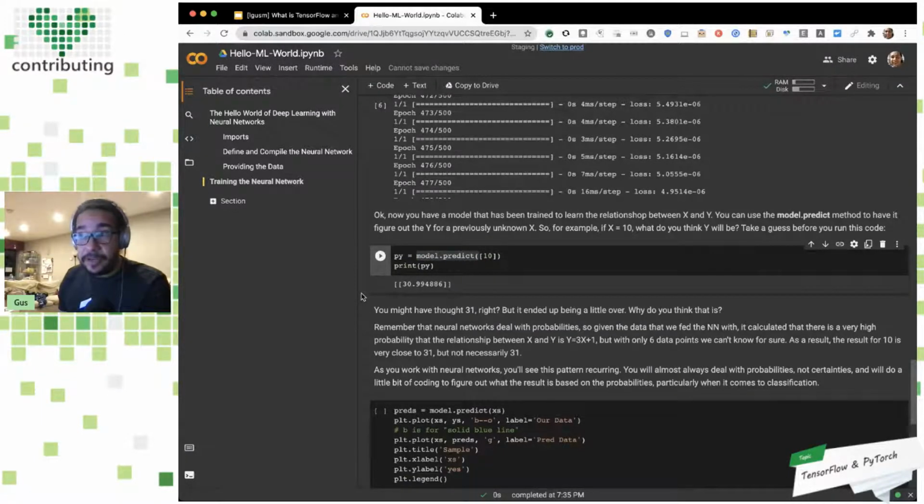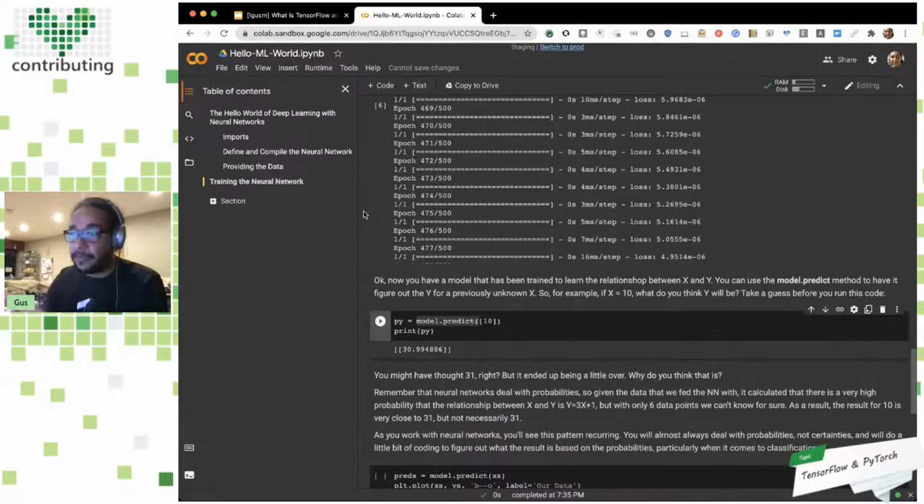And this is something you have to learn about machine learning. This problem specifically is a regression problem. I'm trying to find a number. I'm not trying to classify if it's a dog or a cat, which is very basic. I'm trying to find a number. It didn't give me the exact number. And machine learning is not about exact numbers anymore. It's about a number that's very close to the right answer.